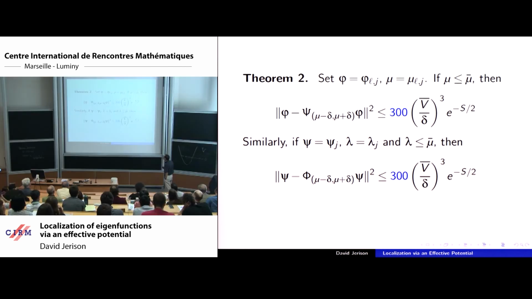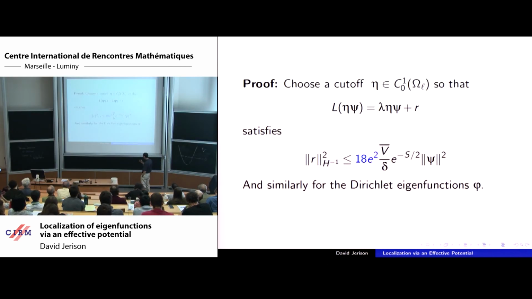So I guess the last thing I need to tell you is about the proof. And the proof is the following. You just cut off the eigenfunctions inside each of the domains, and you see how much error you have. And our first theorem, the exponential decay, says you can take this cutoff so that it's just sort of at the edges of omega L, so that this R is contributing an exponentially small amount in error. So this is compactly supported, so it can be compared to the phi eigenfunctions because it's trapped inside of the one omega L here. So you just cut it off, and then the error is estimated.